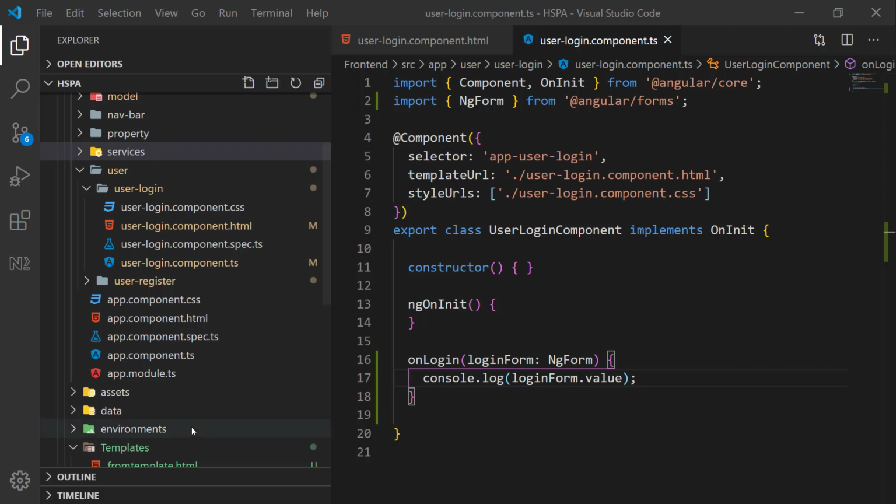Next, we need a way to authenticate a user. We will add an authentication service that should contain the method to authenticate the user and various other methods related to the authentication. We are not going to add too many methods at this level in this service, but in the later stage when we will work on API part, more function will be added in this service.